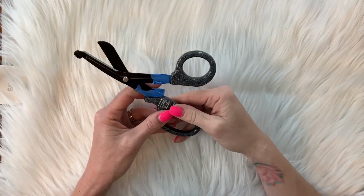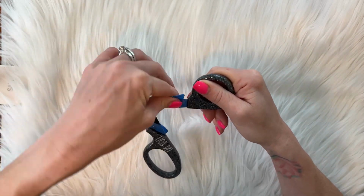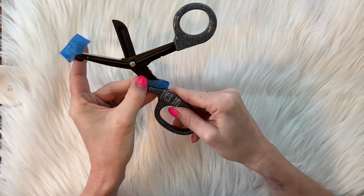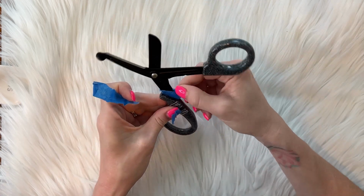So that was about it. I think I put on 2 more coats of epoxy until the scissors were nice and smooth. And just taking off the tape here, making sure that everything looks and feels good so that my customer can